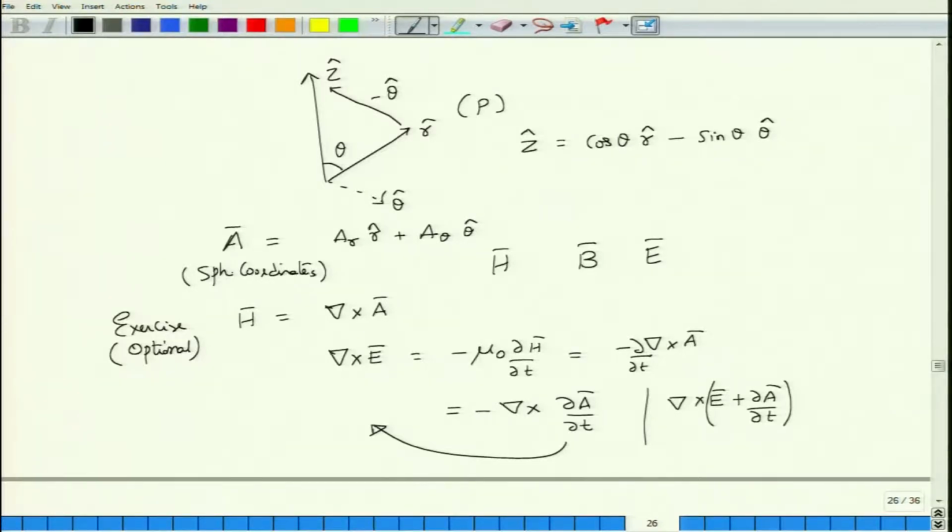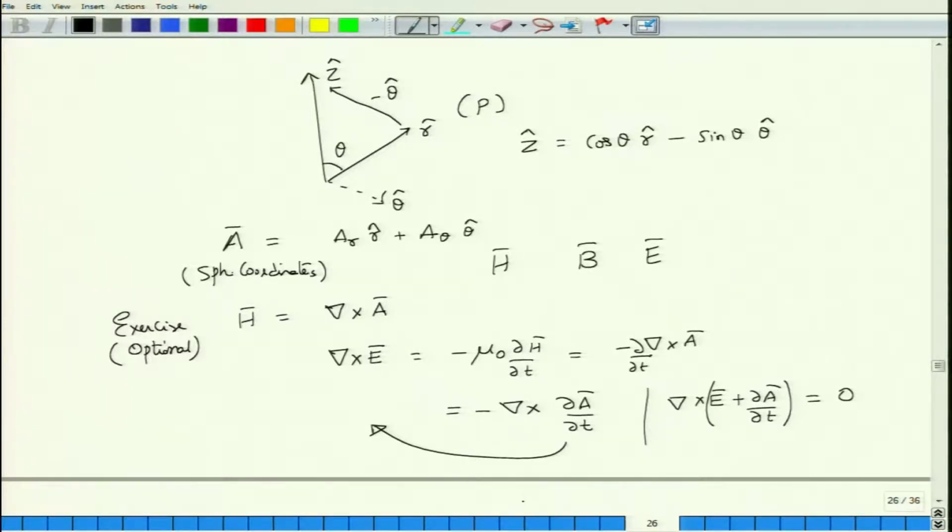Now we are considering the time varying field. So please note, we are considering the time varying field. The medium can be conductive or a displacement or dielectric medium or some combination of the two, but in any case we have the time varying field. That is the reason why electric and magnetic fields are getting coupled to each other. If not, they would not have coupled to each other. So this del cross of E plus del A by del t is now equal to 0.